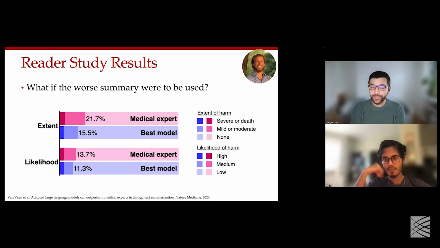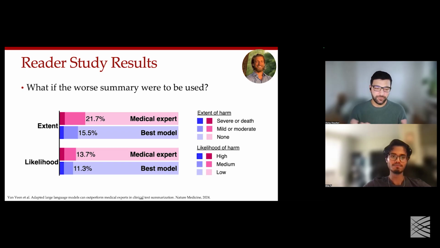Yeah, that's a really good question. We had to learn that too. So we basically use the AHRQ, and I'm actually blanking on this, but there's a very systematic set of questions that can be asked. The hypothetical situation when we conducted our reader study was we instructed our physicians to say there's a particular input, maybe a findings section from a radiology report, and then there is some language model or human generated summary of this. That summary has a mistake. What would happen to the patient if that mistake were to be completely ignored throughout the care process that a patient might be getting?